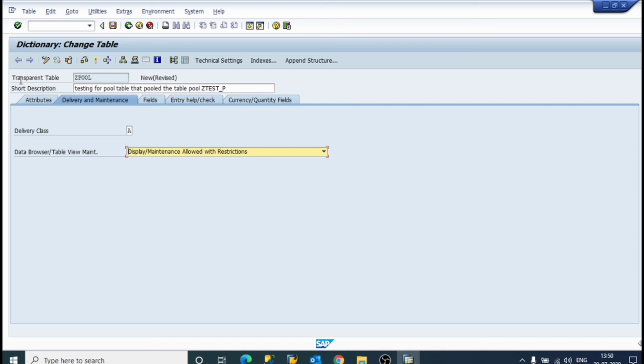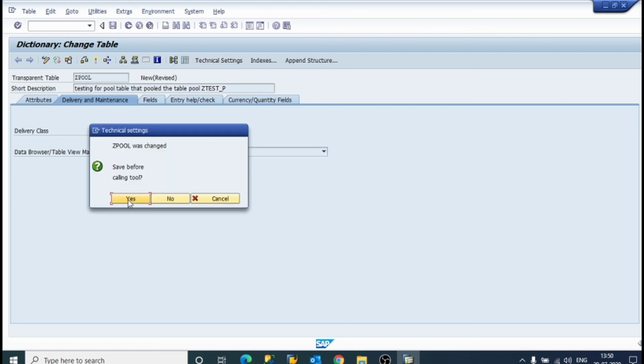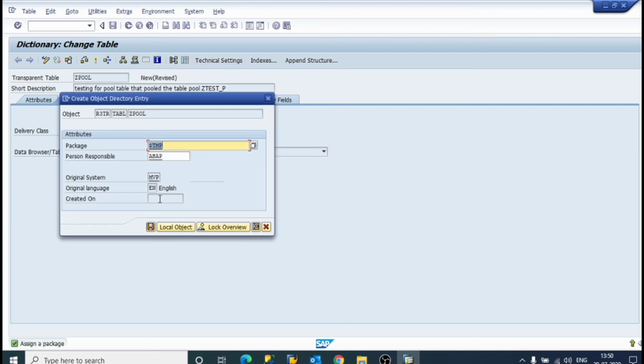Here you can see it is written as transparent table. We have to create as pool table. So just click on technical settings, save, yes, and click on local object.